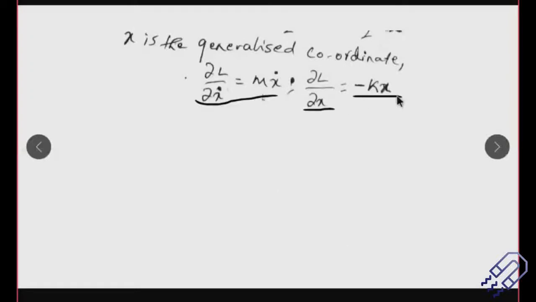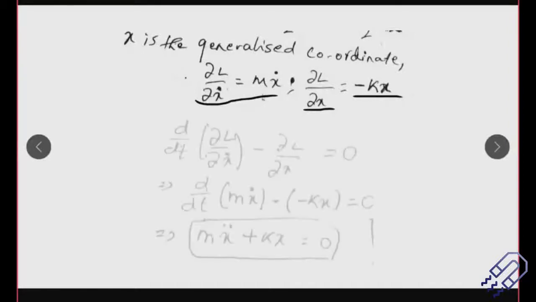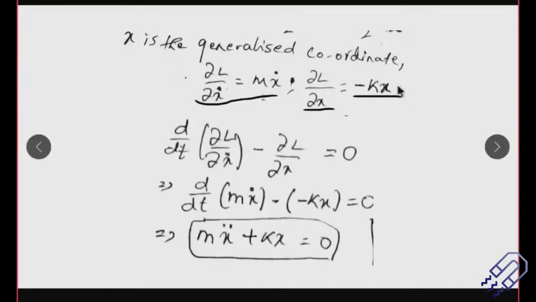See, the easier part in doing anything related with Lagrangian is, once you have the equation of motion, the problem becomes very simple. And once the problem is simple, I think putting it into the equation of motion is not a very difficult thing. So you see, this is d/dt of ∂L/∂x dot minus ∂L/∂x is equal to 0, and then this is d/dt of m x dot minus this and this. So this is very simple. I don't need to explain this. You can easily do it.